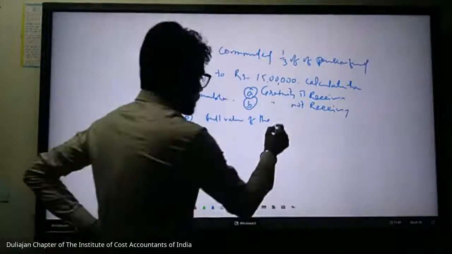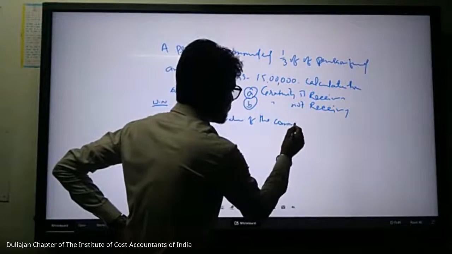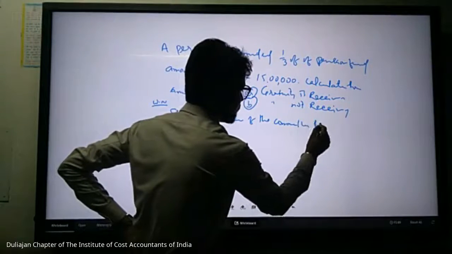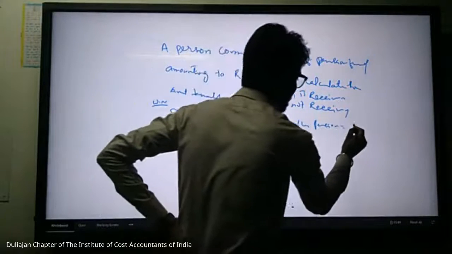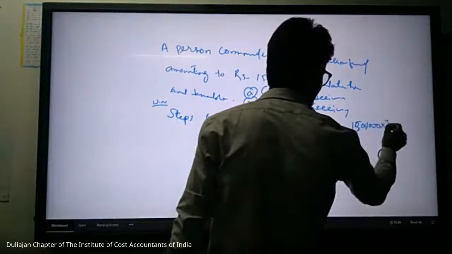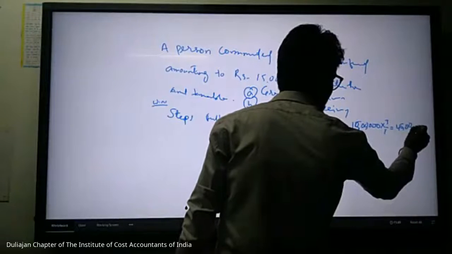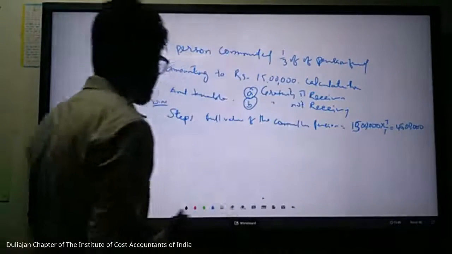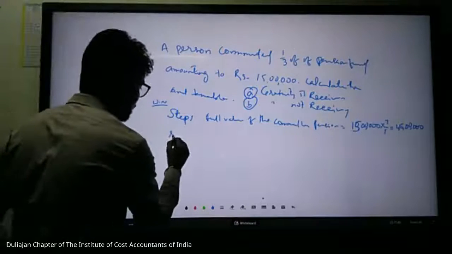स्टेप 1 में फुल वैल्यू ऑफ द कम्यूटेड पेंशन, full value of the commuted pension is how much, 15 lakhs into 3/1, that is 45 lakhs, okay. Then in step 2